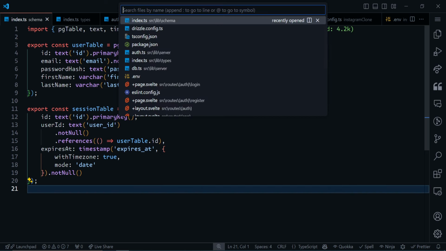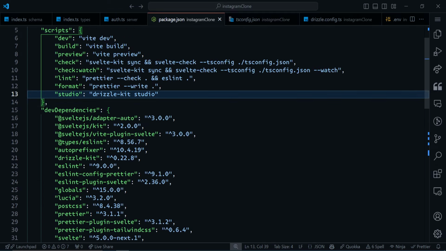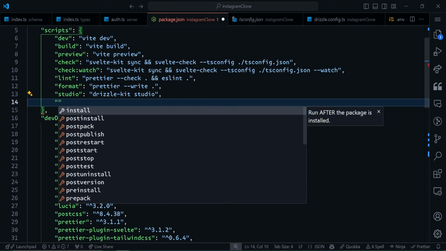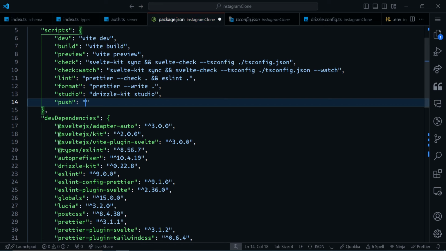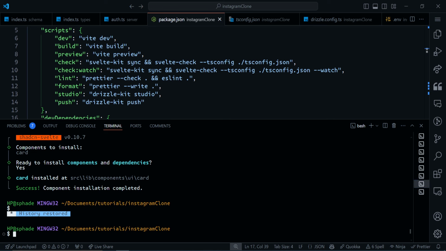So again, I'm going to create a script for that, so it's easier for us to just type in. So right here, I would call this push. The script is going to be drizzle-kit push. Now, if I run that, run npm run push,